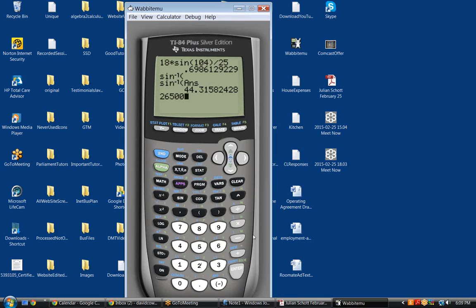26,500 divided, I need parentheses, 49, where's the pi key on this thing? Okay, I see it, pi. Now, you see how I've typed that in? You need that parentheses. Otherwise, if you don't have it, it's going to take 26,500, divide by 49, and multiply it by pi. So we need that parentheses. And that number is